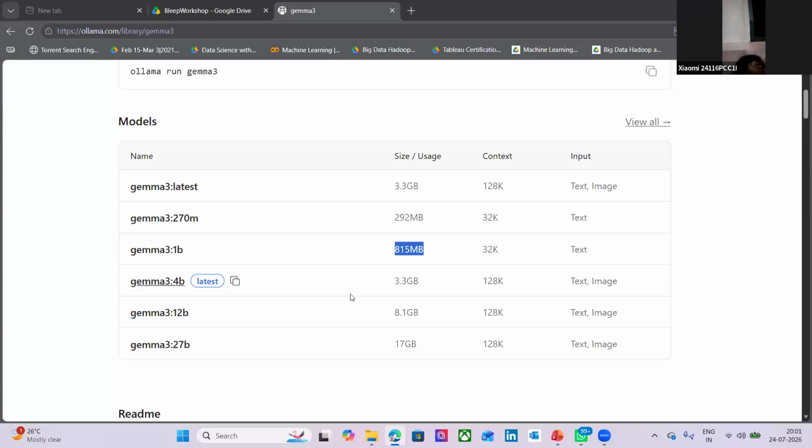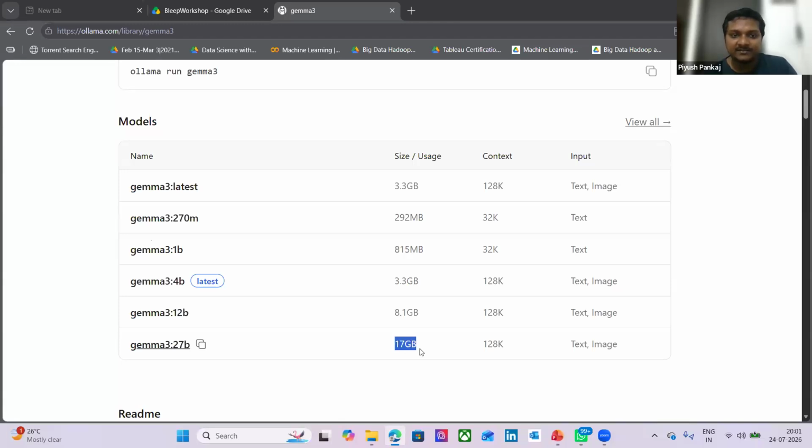But you can use any model from here. But guys, remember one thing, the model you can use, but also look at the size. This B represents the number of billions of parameters the model is trained on. This size represents the size you will be downloading in your system. It is going to occupy that. And here we have context. Context size, or you can say context window. Context window means what?